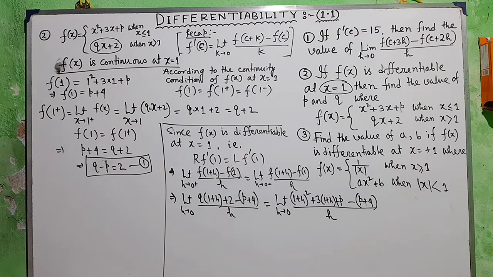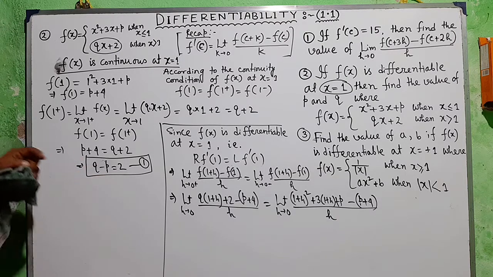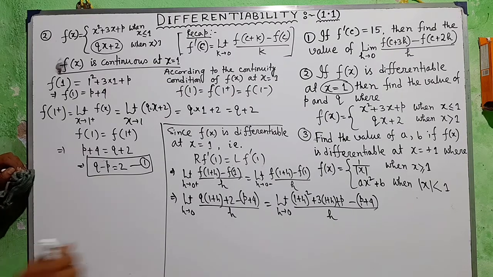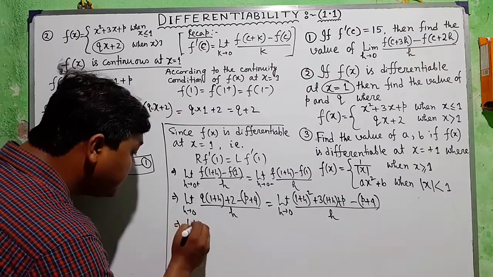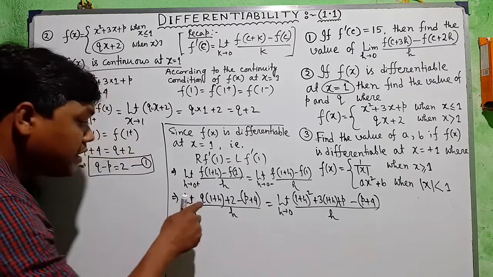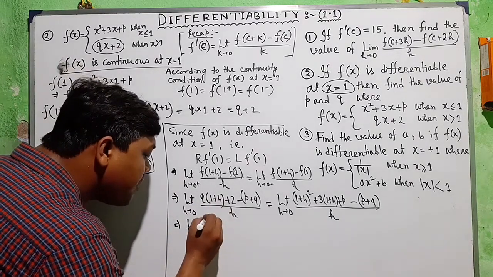Okay? Clear? So q into 1 plus h plus 2 into... clear? So q plus qh, okay, and now limit h tends to 0, q minus p, this q minus p